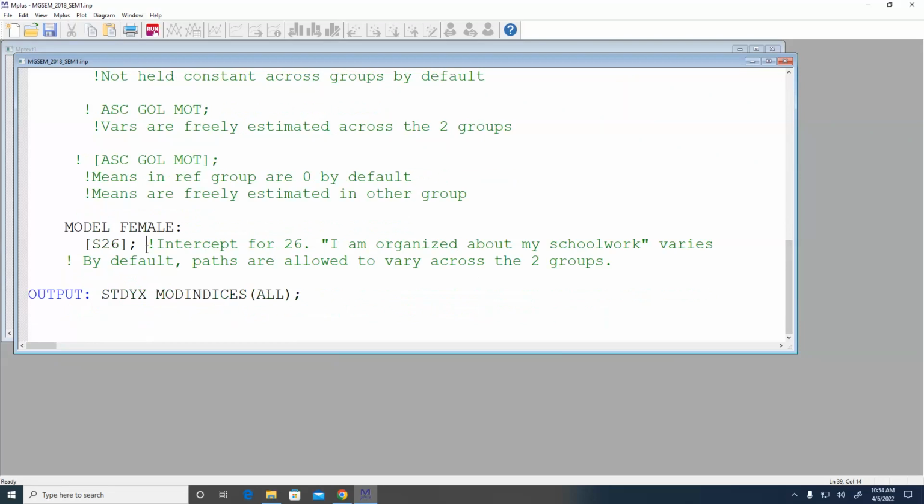So I'm going to have to tell it when I want to constrain stuff, but I don't have to tell it anything if I don't want to constrain stuff with the structural parameters. I know this is confusing because it's kind of the exact opposite of the measurement model, right? That's why I really wish the scalar model weren't the default model in Mplus. I find that annoying for people who are just learning. Once you know it, it's fine. But when you're first learning, it would be nice if the default model were the configural model.